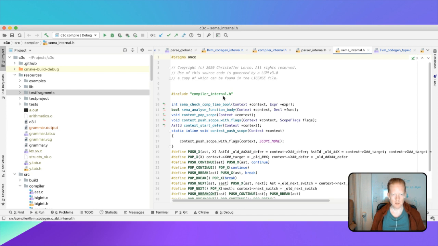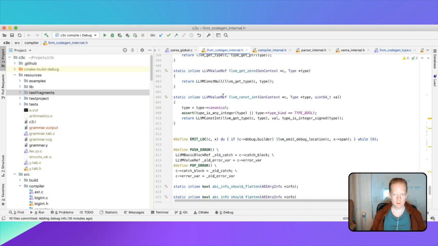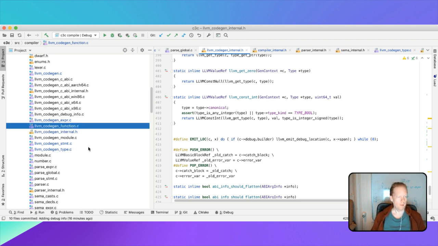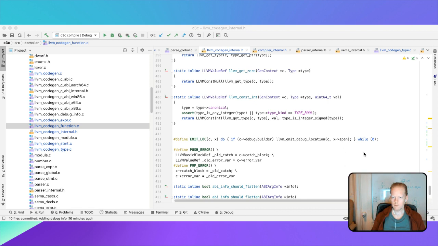I mean, the big thing that you share a lot of things is like with the codegen, because the codegen is split into several pieces here, and I'm just going to like